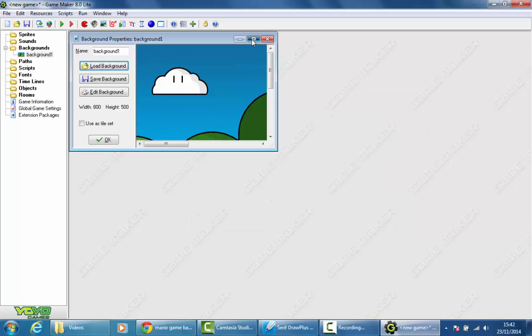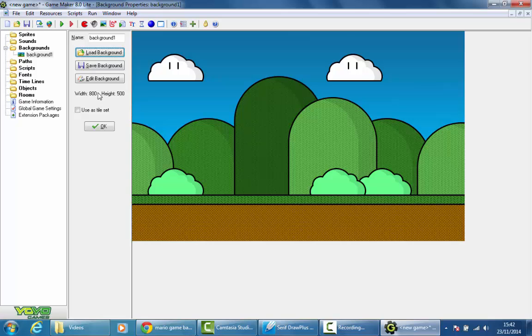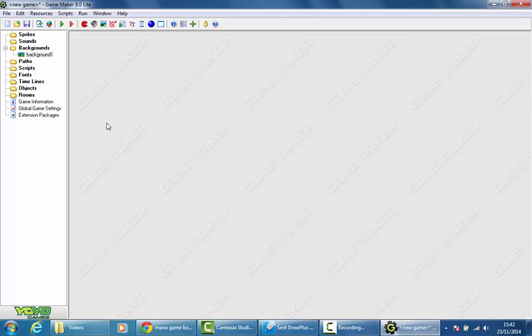You can see that now this image file has retained its original proportions from the internet, 800 by 500. Now if you have anything less than that, for example you had sort of 200 by 200, it wouldn't be big enough to be stretched out in the room. And let's see that in action now. So I'll go and create a room,